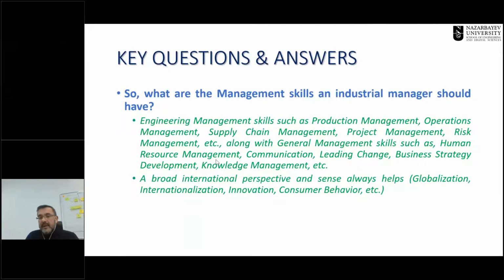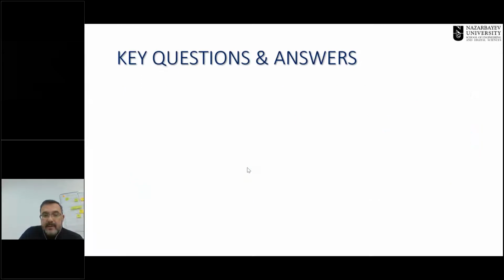And of course, the international perspective, that is to think locally but act globally, to understand how it all gets together around the world. So international perspective, like globalization, internationalization, and so on, all this greatly helps in the skills that an engineering manager should possess.